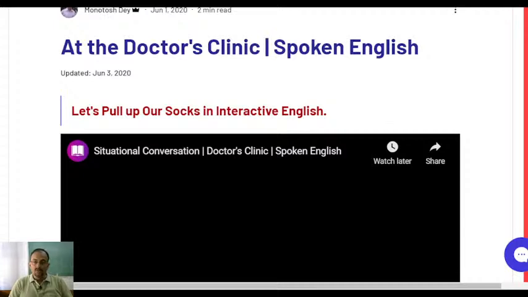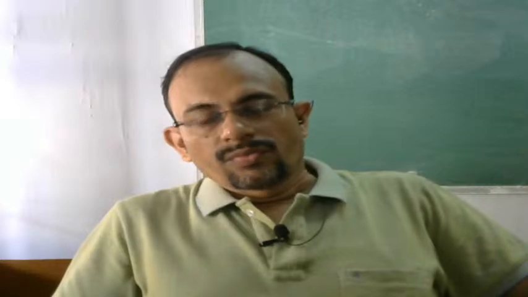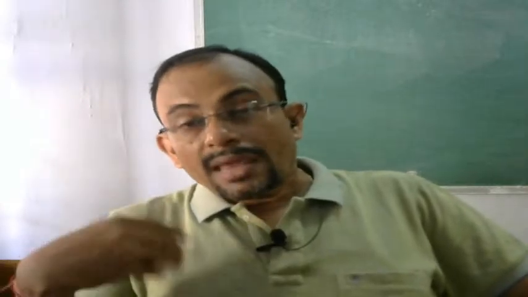Because there is a saying, as I told you some days before, to make it you need to fake it, right? In order to make it you need to fake it. So until and unless you fake something, dear students, you cannot make it. Always remember, right? So, therefore, dear students, my ardent advice to you is to please spell out, or speak out, those contractions, as I told you in spoken English: when you contract I and have, it becomes I've. Okay, so I've gone there. Okay, I've spoken to my friends, right?